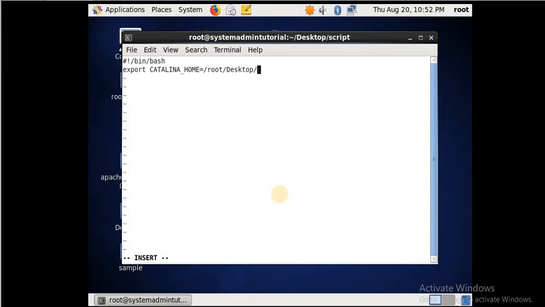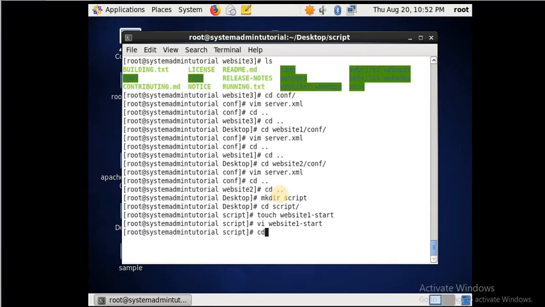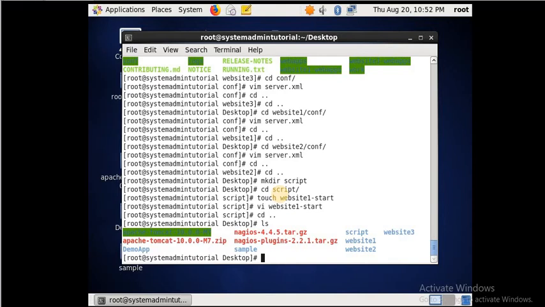Let's do one thing. Here you see the name is so big in size, so we'll rename it.